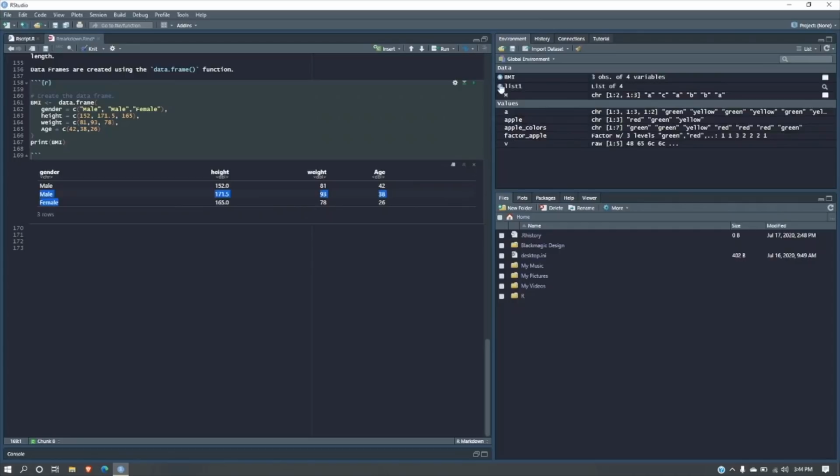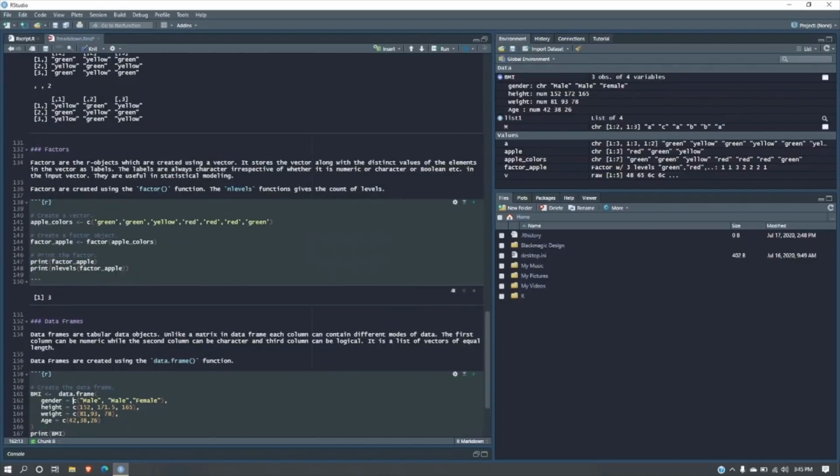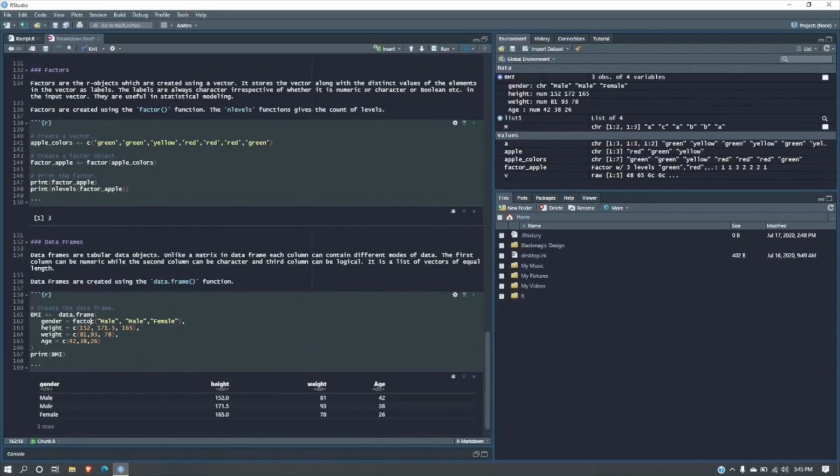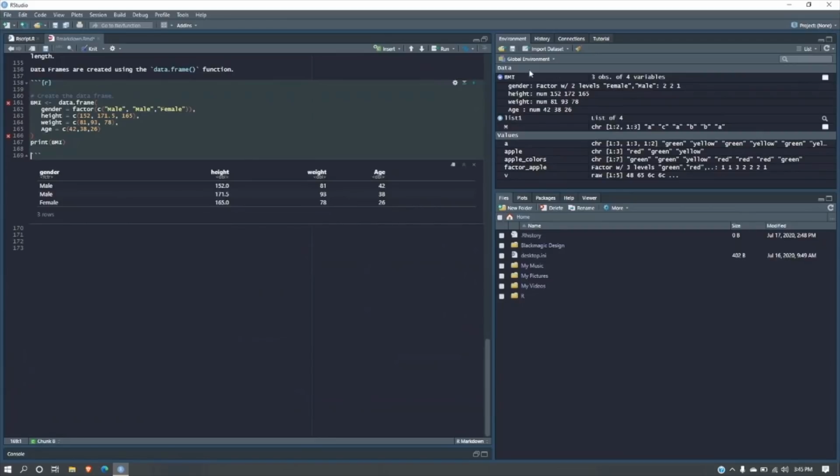So that means you can see other variables and more rows by clicking on buttons that'll actually page this for you in this preview. Or you could also go to BMI up here, and you can see you have a little bit of information about it, such as these 3 columns in this data frame are number columns, or numeric, and gender is a character. If this was a factor, which we can actually make, so we can do, the function was factor. So now in the environment, we can see that gender is now a factor with 2 levels, male and female,